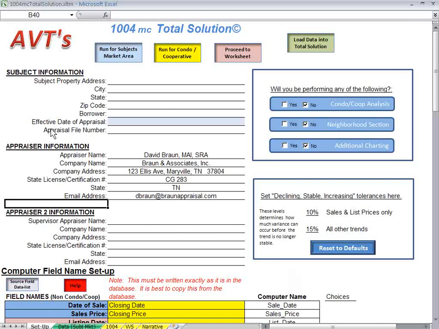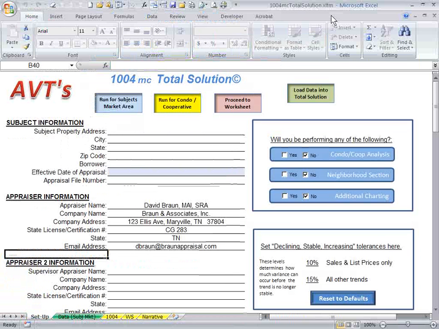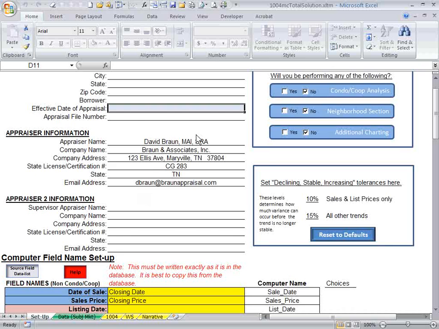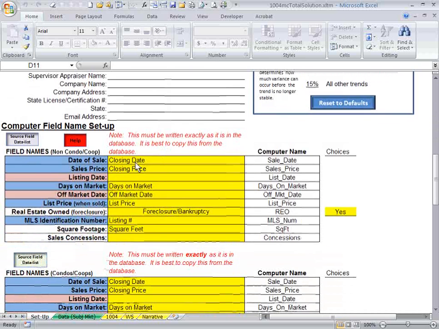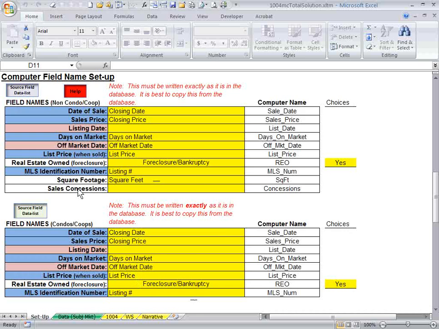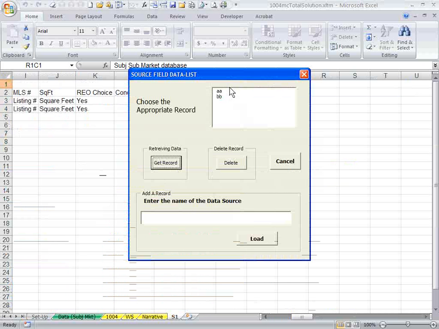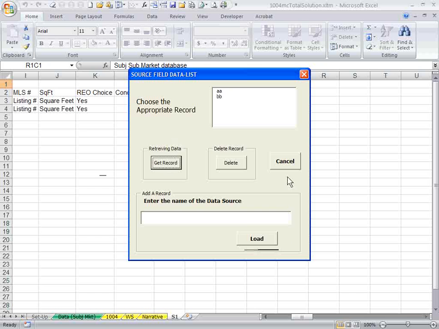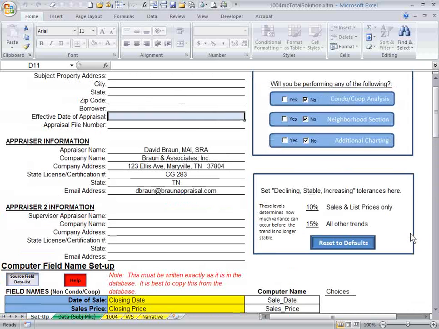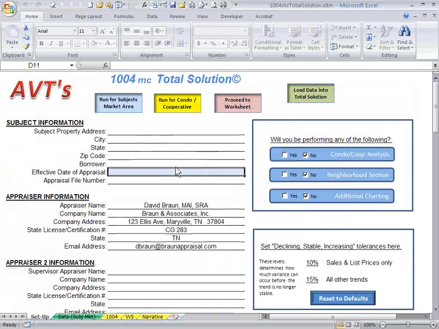I'm looking at my current template. One way I can tell is up here in the corner it says XLTM. So I know that's my real template. I opened it up from Excel, not with my shortcut. But I've got my information here. I've got my fields mapped. I even have some other databases saved in this, different MLSs saved in this database. And I don't want to lose all that if I can help it. So let's go through the steps that you need to do when you get notified that you have an